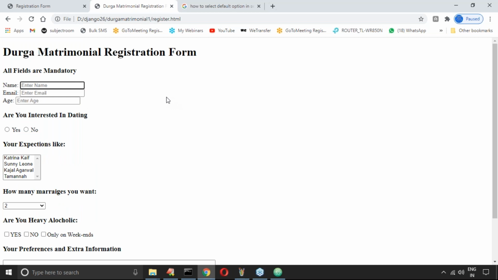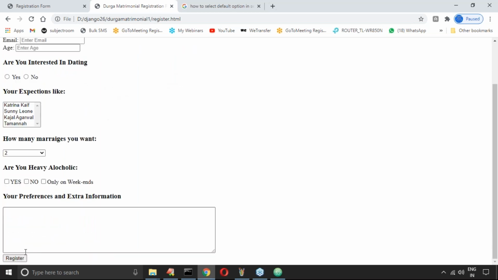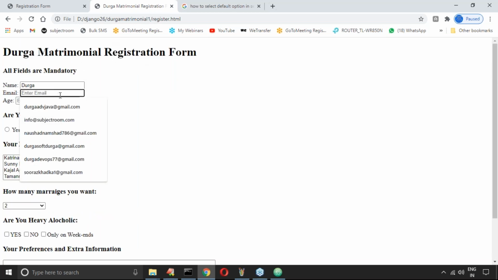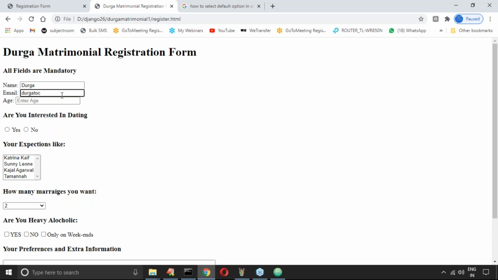The reason is that we maintained that as mandatory, with the required tag. I entered the name Durga and registered. Please enter email, toc@gmail.com. Enter age, some 60 years I enter.